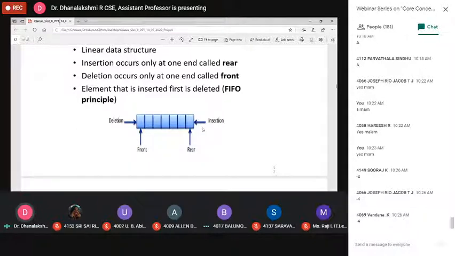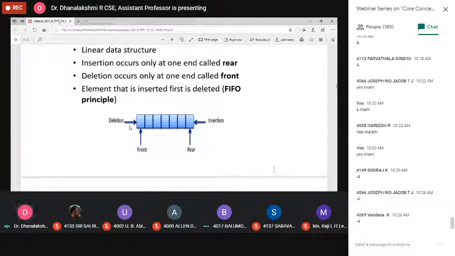If you are going to perform the insertion operation, we must use the rear pointer, at this end. If you want to perform the deletion operation, we use the front pointer. Compulsorily, the deletion is performed at the other end. Got it? This is the important point of the queue: insertion is performed at the rear end and deletion is performed at the front end.